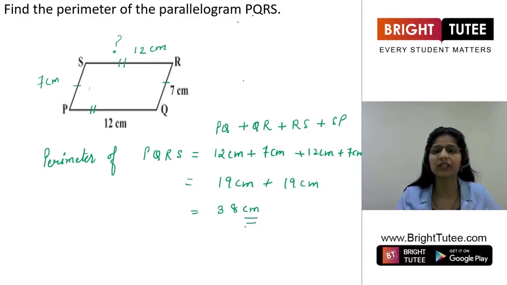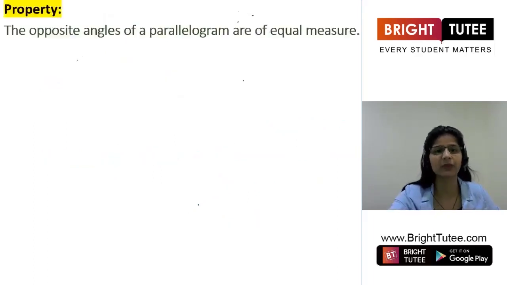The unit of perimeter will be centimeter, same as the length of the sides given. Clear? Because perimeter is also the length only, right? The length or the measurement of the boundary. So this is how we are going to use the property of parallelogram, that the opposite sides are equal, to solve this question. Clear? Now we are going to discuss one more property of parallelogram, and here is the property,